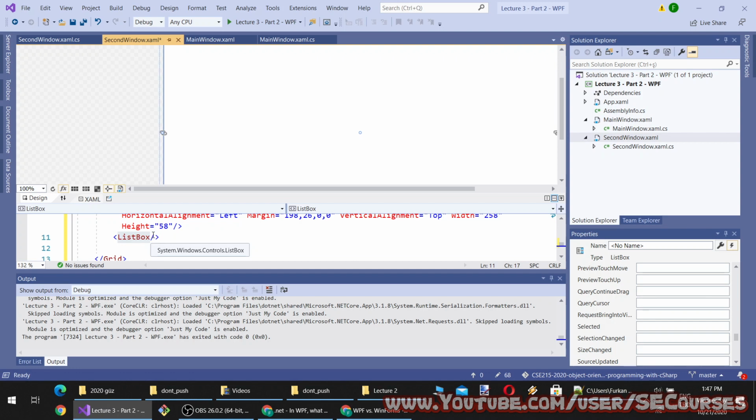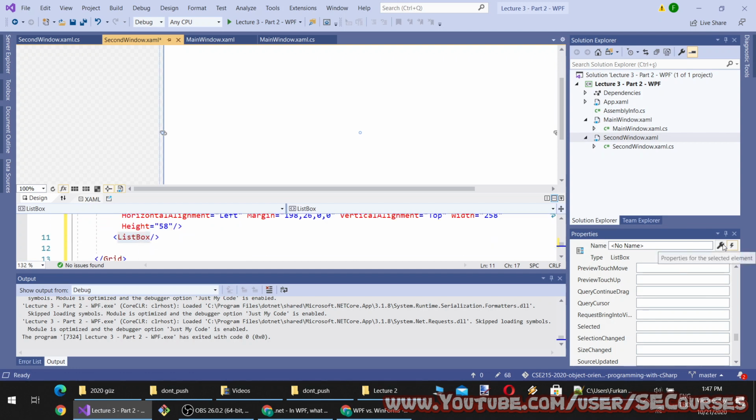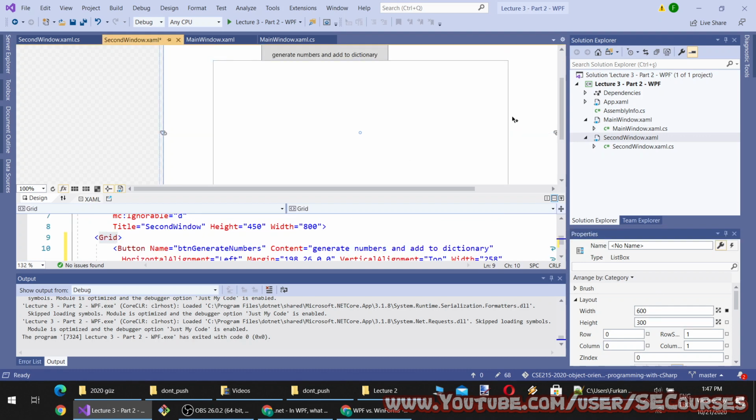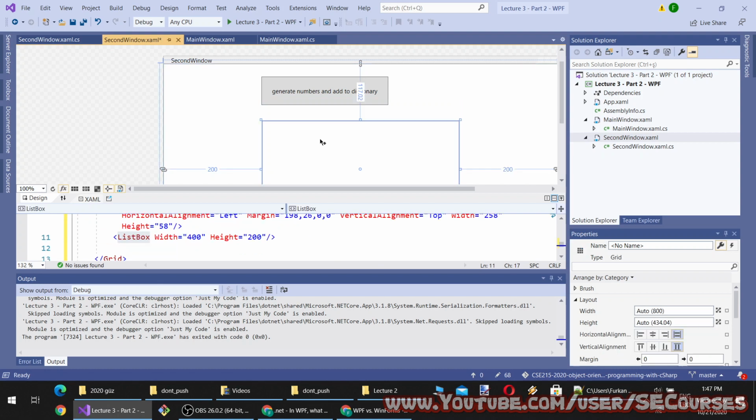I think this is the newest default behavior, so we need to modify the properties ourselves. Let's make it 108, like this.